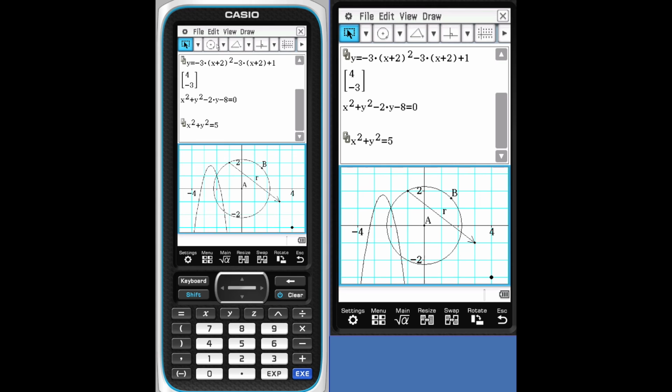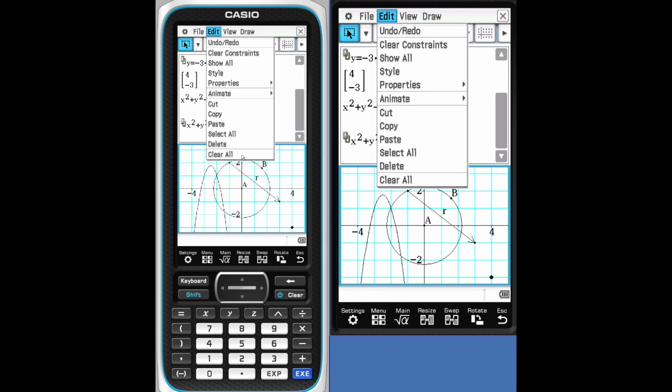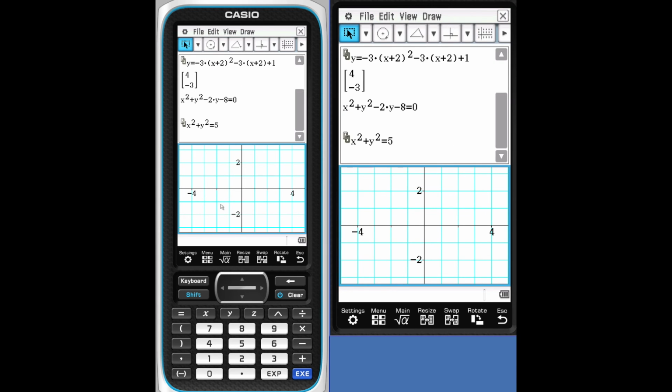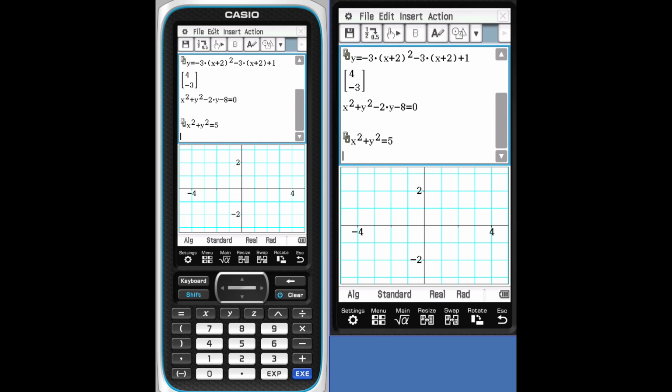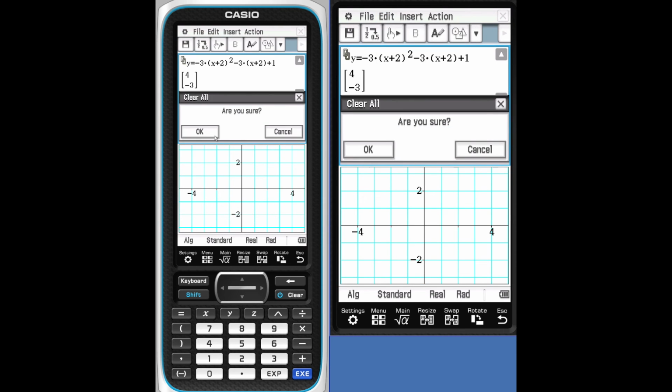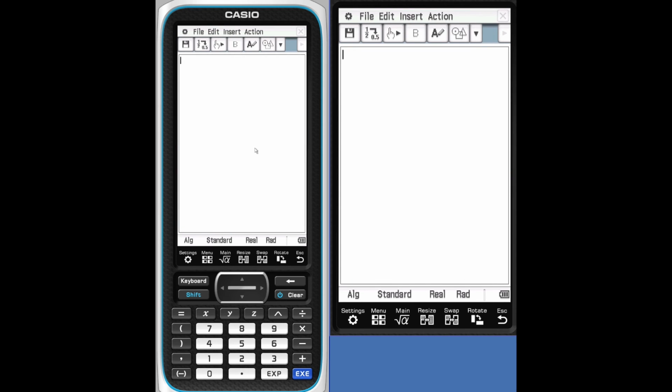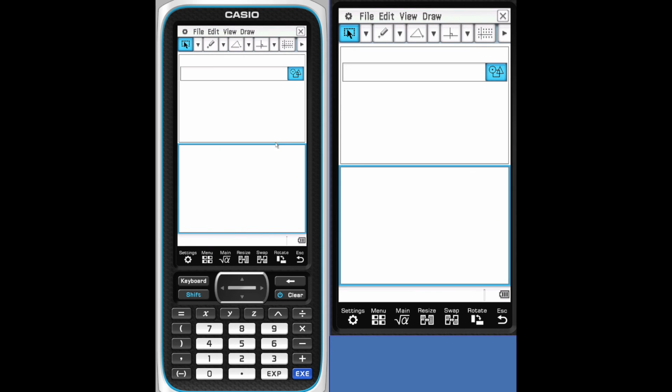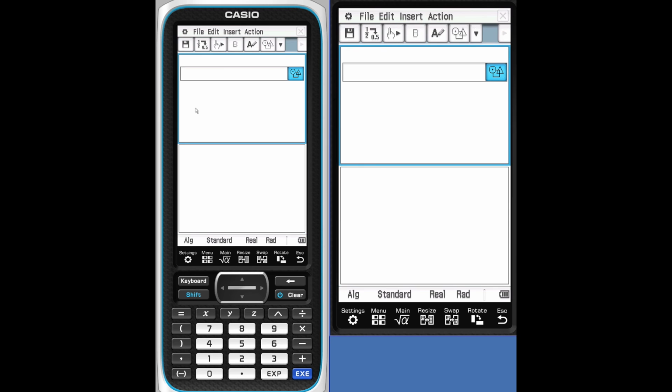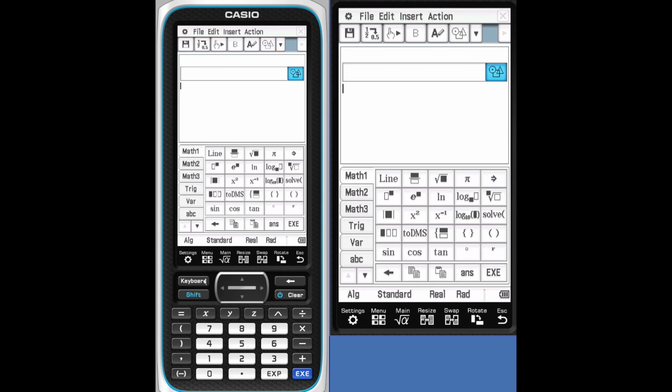Let's clean the geometry screen, and we'll clean the screen above. So we'll input our geometry window. Now this time let's do a system of equations. Let's use the keyboard, use a system, and we'll do a system of linear equations.